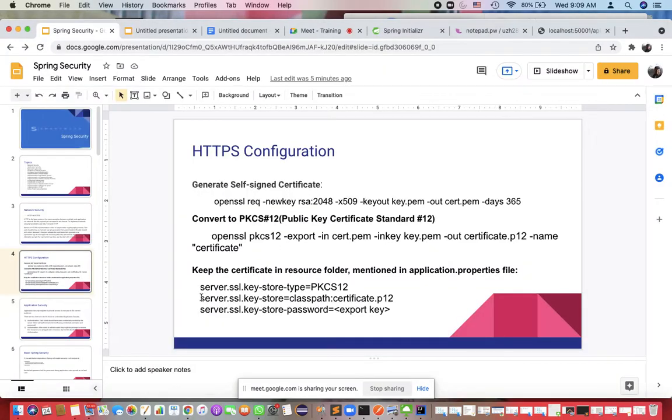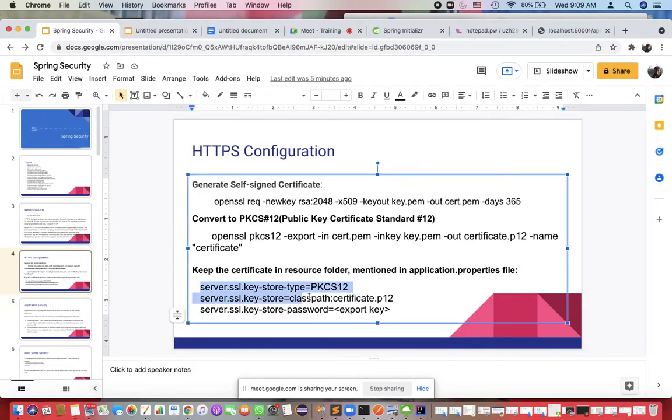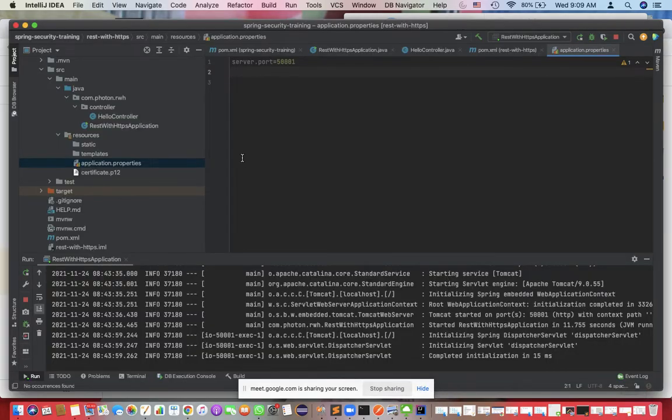Just take a look at what I'm giving: server.ssl.key-store-type, server.ssl.key-store, and the key-store password.